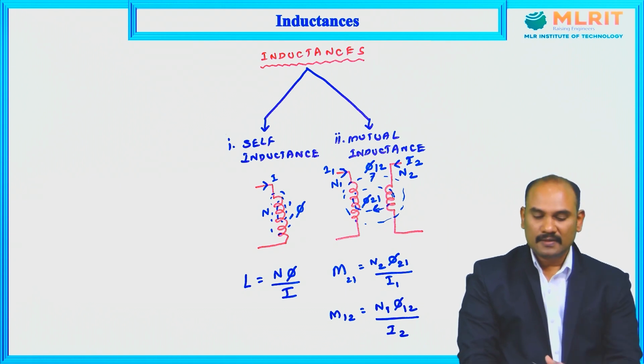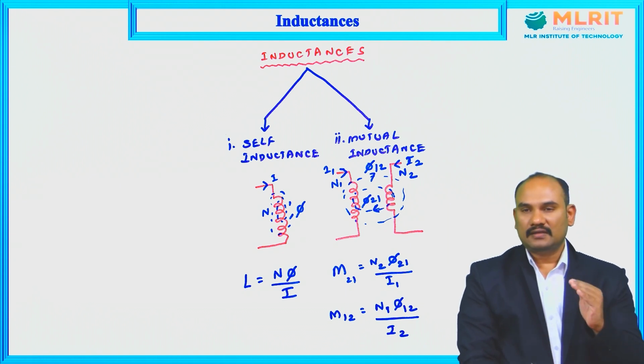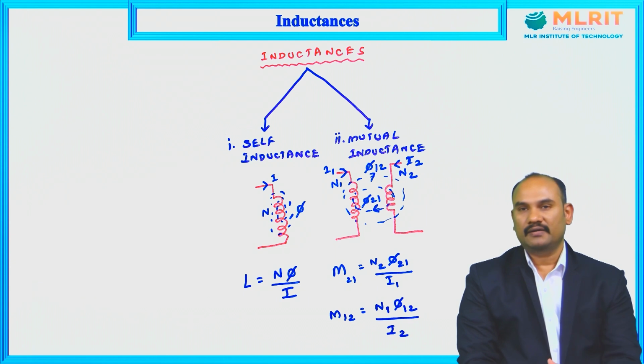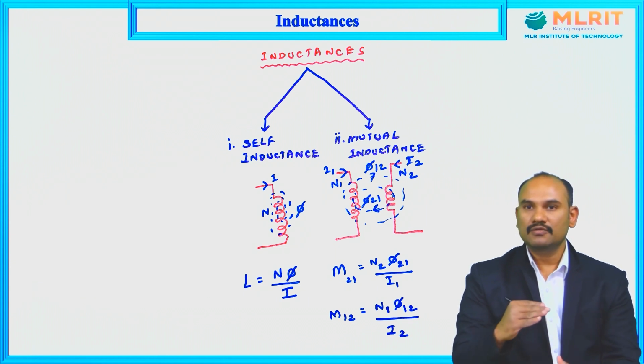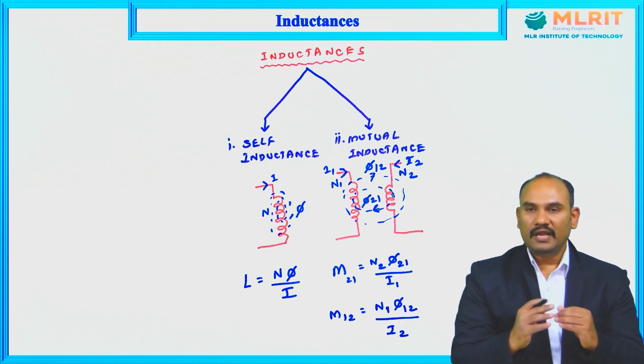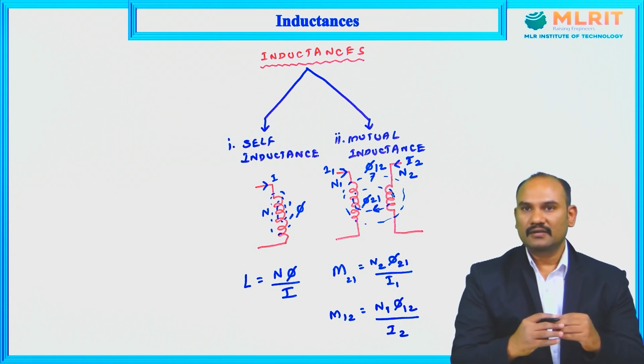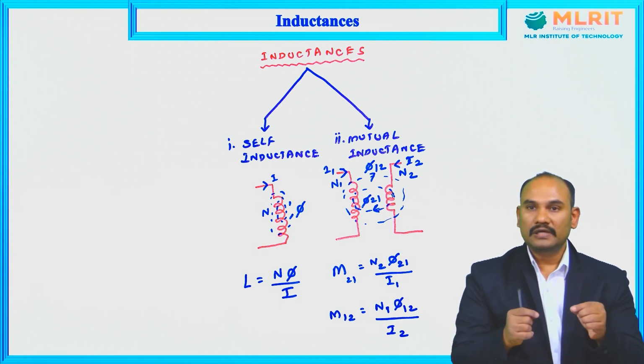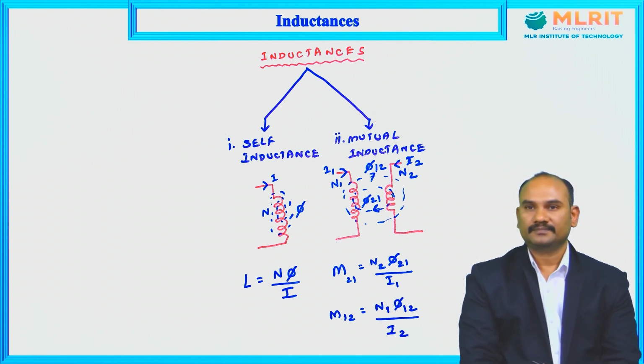Now it comes like this. A current carrying conductor is surrounded by magnetic field. Magnetic field is induced in the vicinity of a conductor which is carrying current. Now what will happen is the produced magnetic field will also link to the conductor through which the current is flowing. This is called as self-inductance. The magnetic field is getting induced into the cable and the conductor from which it has been produced.